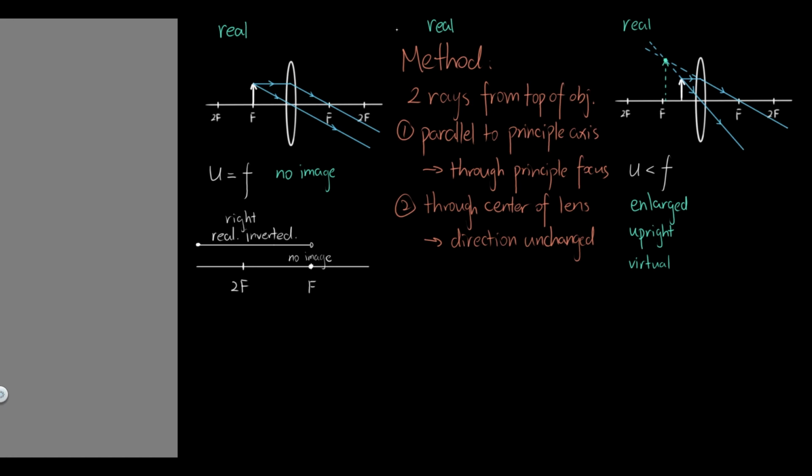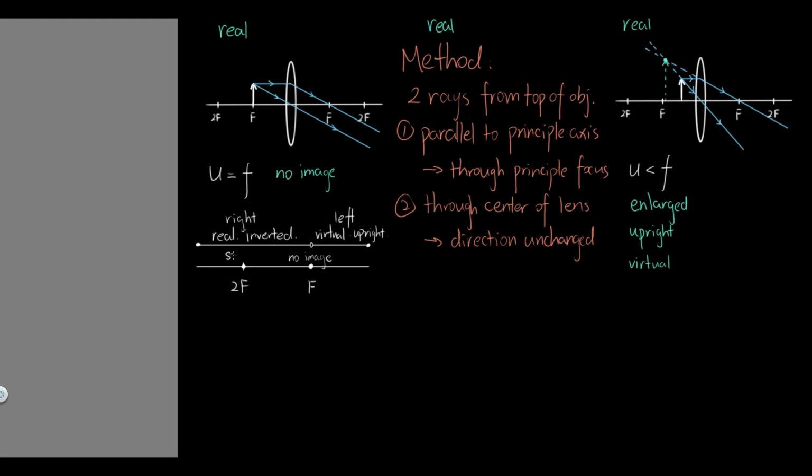And when it gets smaller than f, so when it goes in between the axis and the focal point, it's going to be virtual and upright. And it's going to be on the left side of the lens, or you'd better say on the same side as the object. And on 2f, exactly, we know that